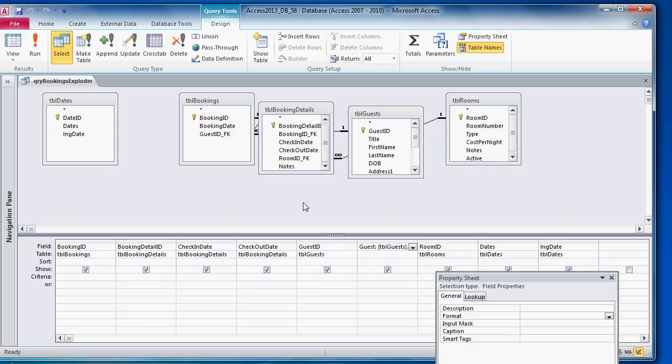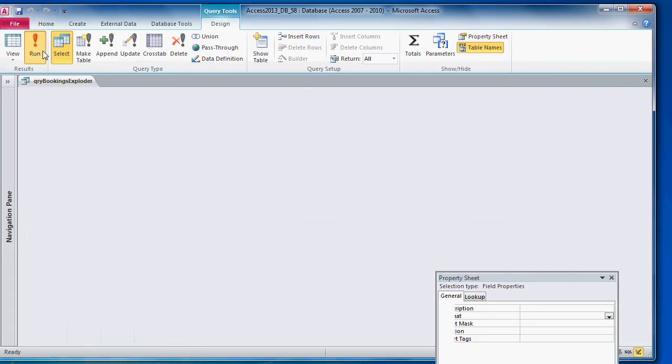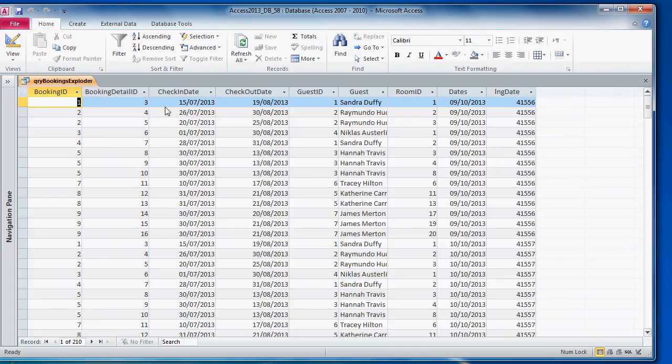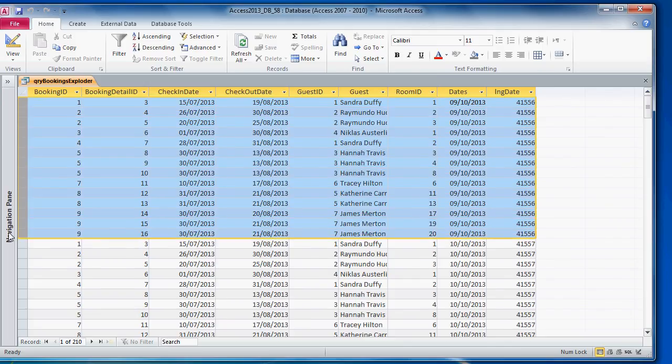They're multiplying them together. So at the moment, as you can see, check-in date 15th of July, check-out date 19th of August, date the 9th of October. So this first set is all the booking details multiplied by the 9th of October. The second lot is all the booking details multiplied by the 10th of October, which is good, except we actually